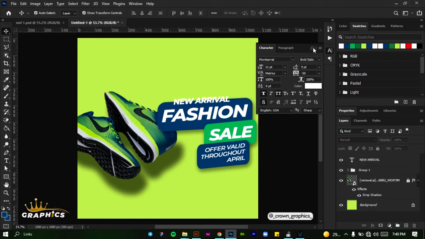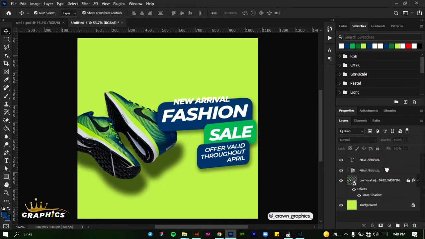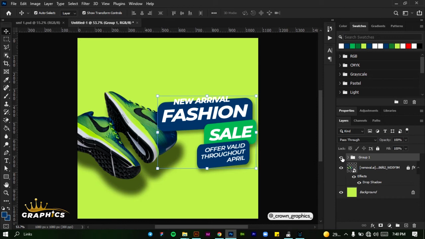So we'll come here and we'll drag this inside this group here. You can see when you hover over this, drag it over this group, you can see a blue line. That blue line tells you that it is inside the group, it will drop. So you release it and it will drop inside the group. So when you click on this eye icon here, you can see it will hide everything for you. So what we are done with this side of the design, we're going to lock it to avoid movement by